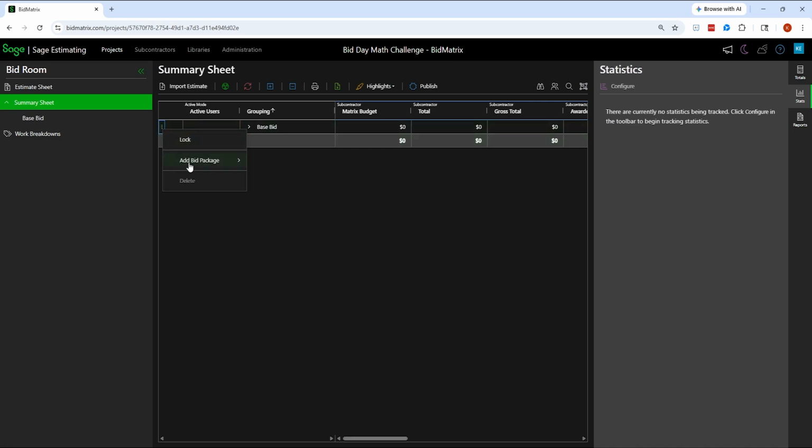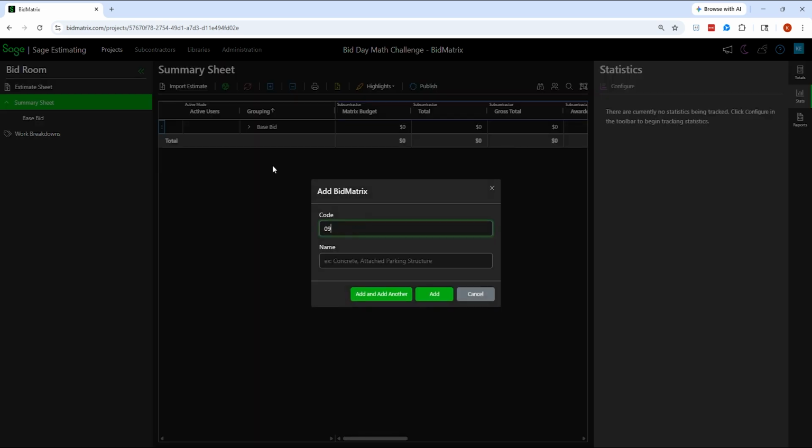So in this case here, I'm just going to go ahead and tell it that I want to add a new bid package. And let's just say insulation, framing, okay, and painting. And in this case, I'm just going to have one bid metrics just to kind of show that math example and what the answer would be and so forth.